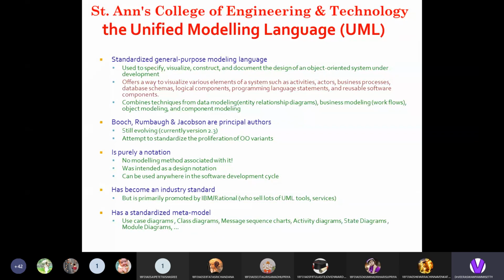UML offers various elements to visualize the system, such as activities, actors, business processes, databases, logical components, programming statements, and reusable software. It is a combination of data modeling, business modeling, object modeling, and component modeling.